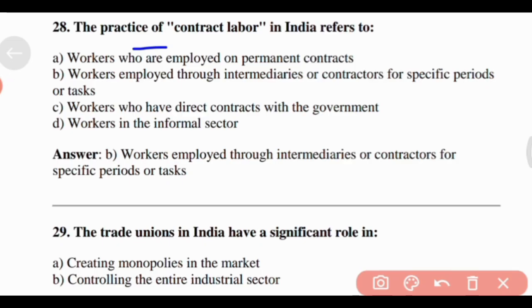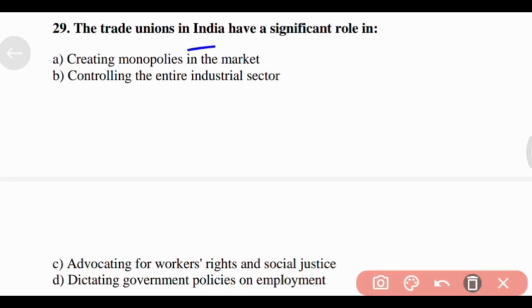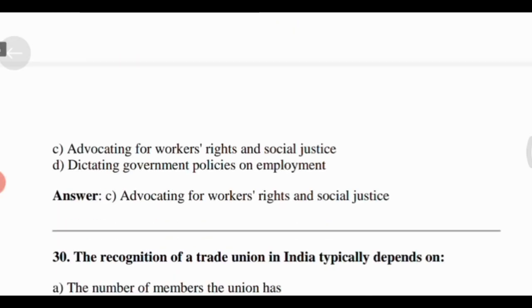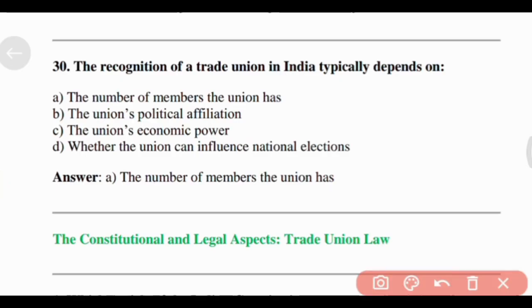The practice of contract labor in India refers to option B, workers employed through intermediaries or contractors for specific periods or tasks. The trade unions in India have a significant role in option C, advocating for workers' rights and social justice. The recognition of a trade union in India typically depends on option A, the number of members the union has,